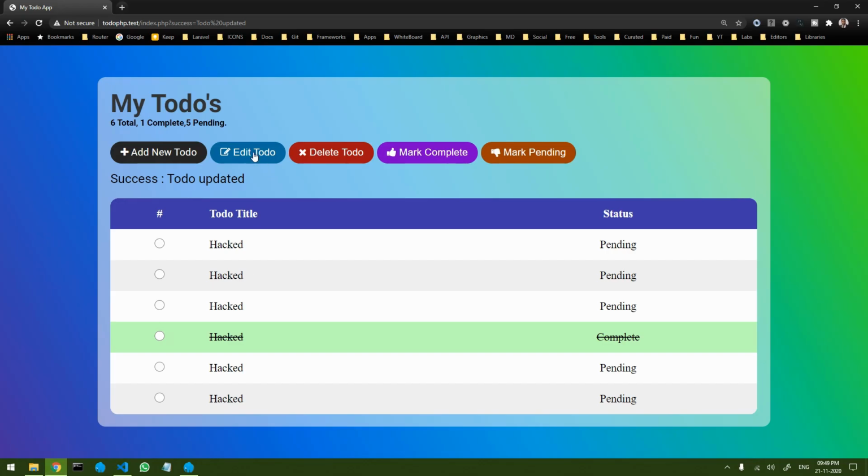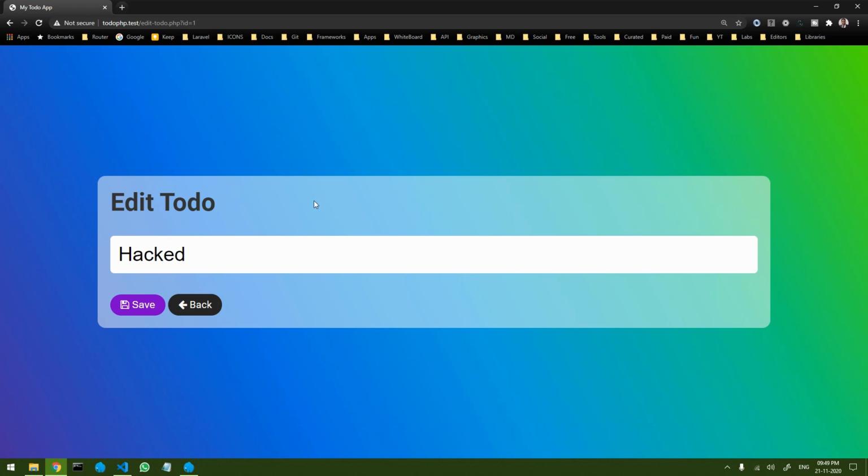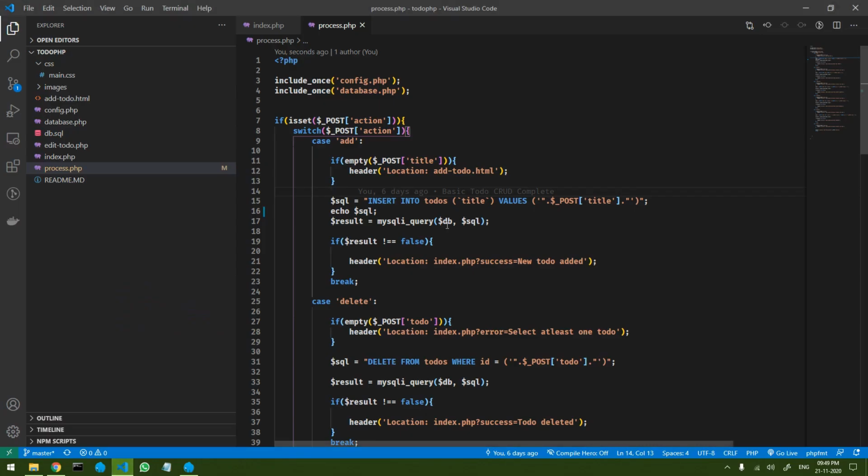Like in our case, in the edit to do, the reason why it got hacked is because of this quotation, the single quote. So basically we just have to search for this and replace it with something else. That is what a simple fix would be to solve this particular problem.